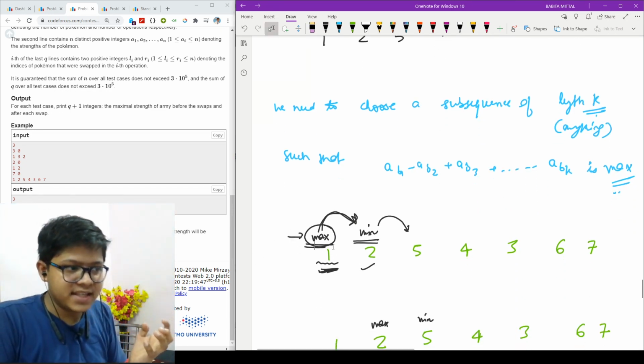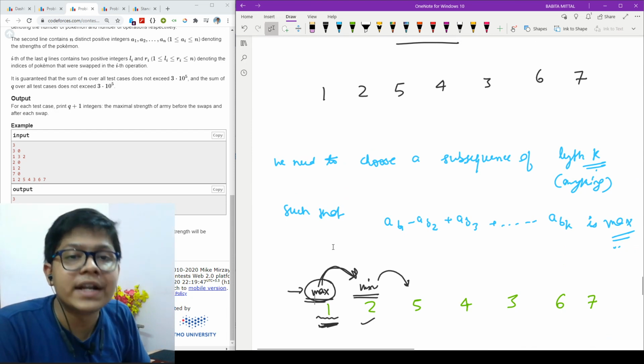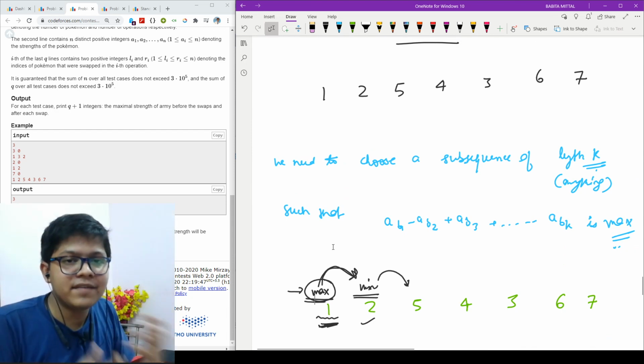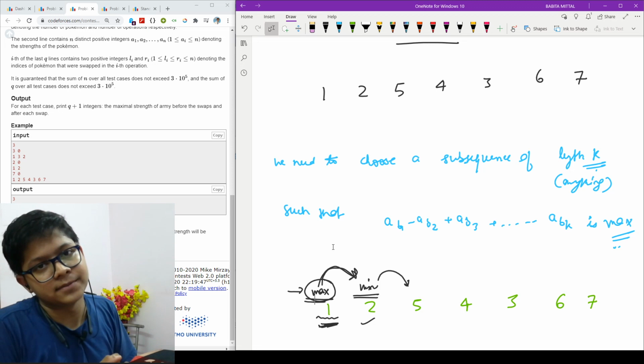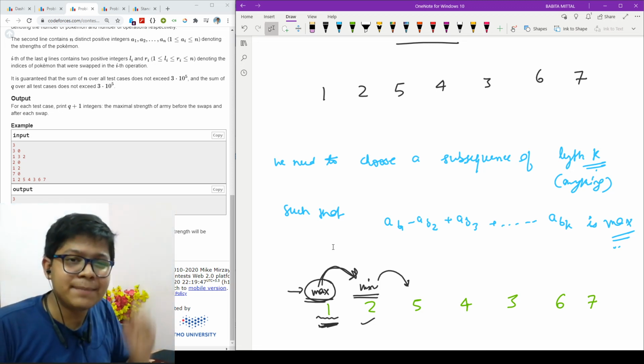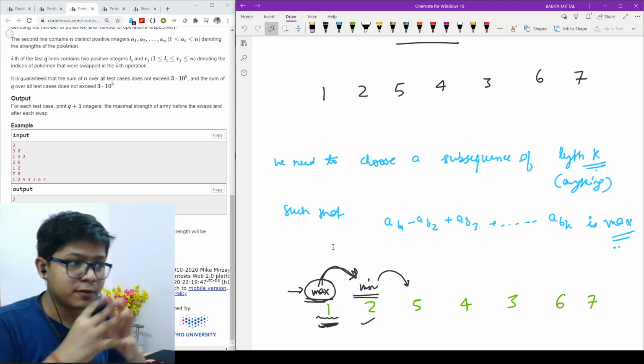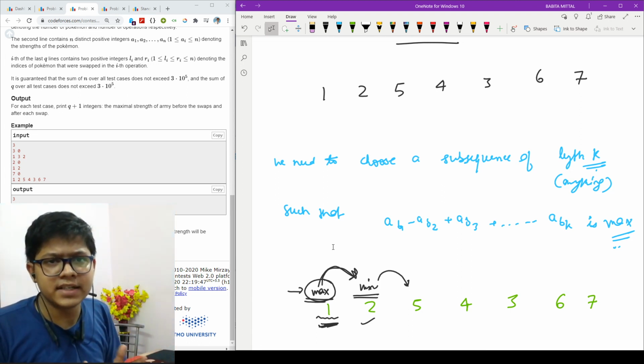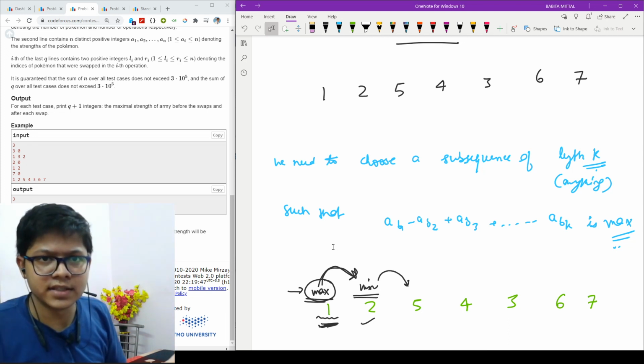So my maximum and minimum are 2 pointers. I am basically playing with 2 pointers to obtain my answer, right? Although in the next video I will also show you the heap and valley approach for this, for now the first thing that strikes a person's mind is how you are moving in this, right?